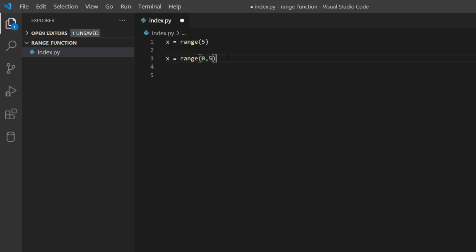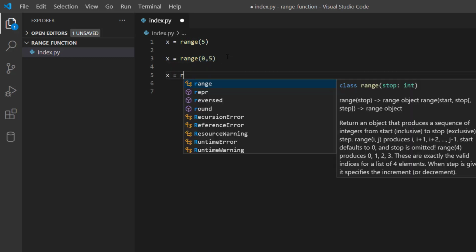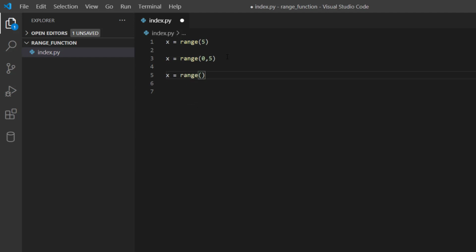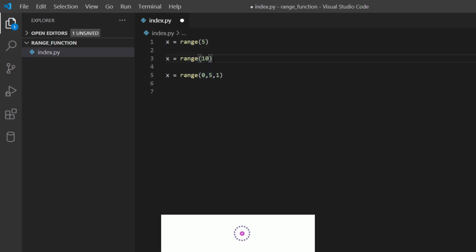And even I can write this same thing as x equal to range of 0, 5, 1. And I have given the step equal to 1. By default step was 1, so I didn't mention these two in the earlier lines, and here I have mentioned it and it was redundant. So if you want to specify a sequence of numbers from 0 to n, you can just use this first statement. But if I want to specify a sequence from say 10 to 15, then I have to write x equal to range of 10, 16. Remember the last one will be ignored. So that's why it is 10 to 16.